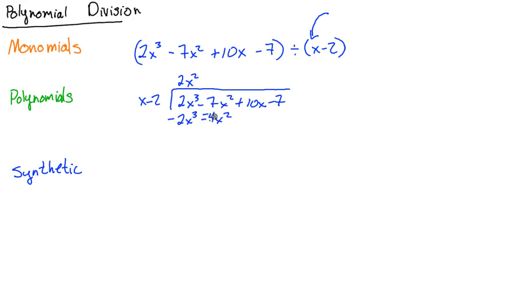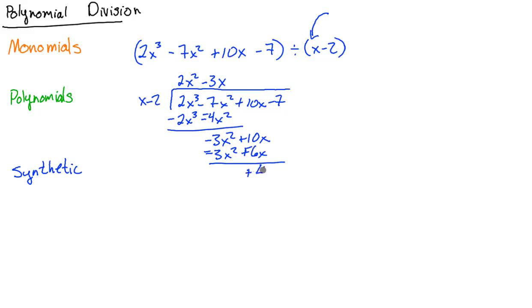So this is going to end up plussing. So we get a negative 3x squared and then drop down the 10x. And notice what happens here. That will go into that with the exact same coefficient, minus 3x, drop it a power. And then that times that will give you a positive 6x. Oh, negative 3x squared plus 6x. Subtract. And so 10 minus that number ends up being the opposite of negative 3 times negative 2 is a positive 6. And we get the opposite of it, which is now